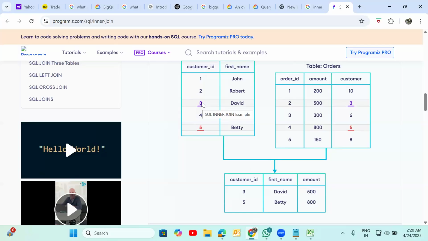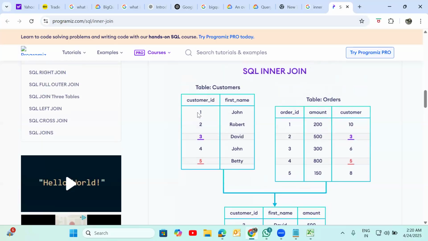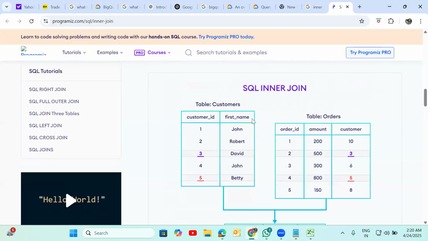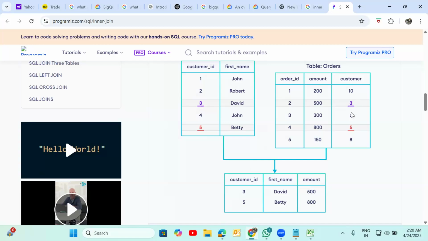You will get the salary details for the Jan month and you can fetch the information. In the customer table, customer ID equal to customer ID.